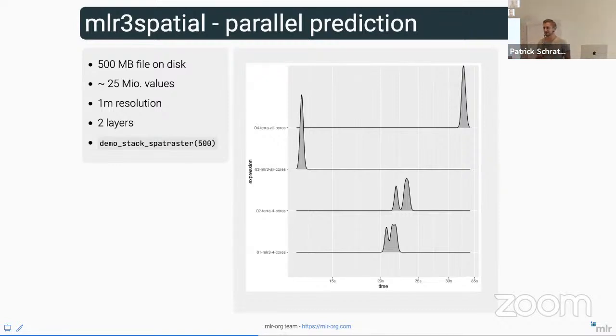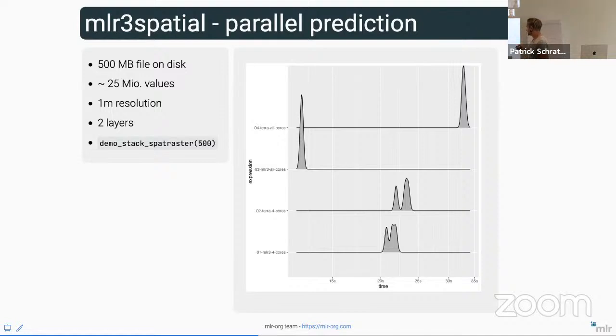Is the choice of the backend. Because if I choose a different backend, this one shifts also here. If I would use the same multi-session PSOCK cluster backend, for example, as the default is in the Terra package. So this is using the multi-core forking-based backend that you can only use on Unix systems. But what you also see here is that I have 4 cores, and by the way, all cores means 8 cores on my machine. That there is only a slight difference between MLR3 and Terra if you use 4 cores, and there might even be